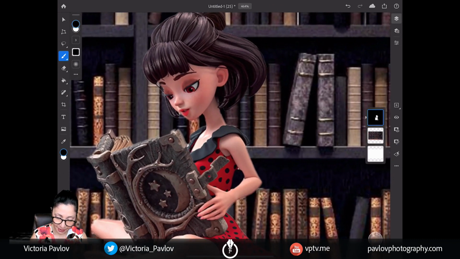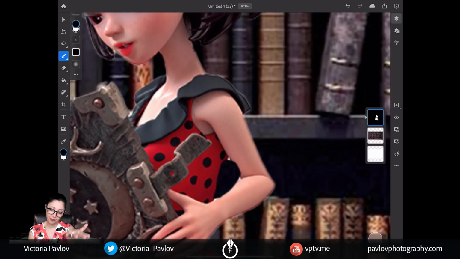And here, guys, I made a mistake. Look, I have painted out a part of her hand more than I wanted. While I have my brush with a black color, I will paint out a white background, just like that. And now I will switch the color of my brush to white, and I will paint back this area, just like that. And again, you need to switch between black and white color of your brush to adjust your masking,